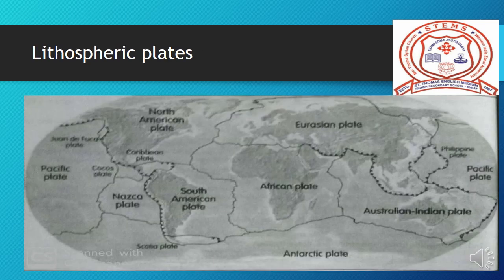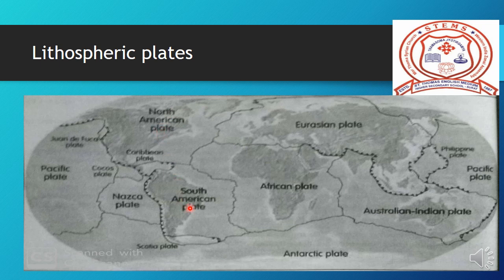Now we can watch lithospheric plates in the world map. There are 7 tectonic plates. First one, Pacific plate. Second, North American plate.